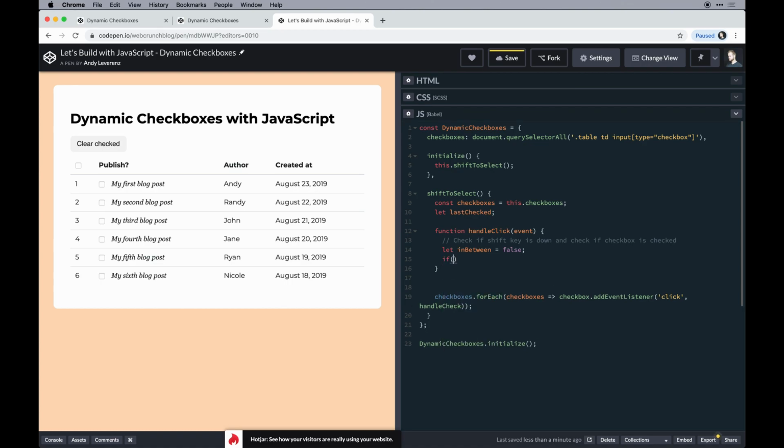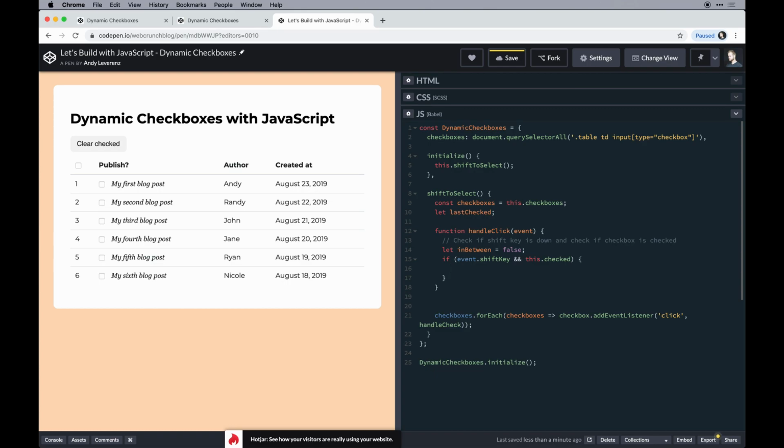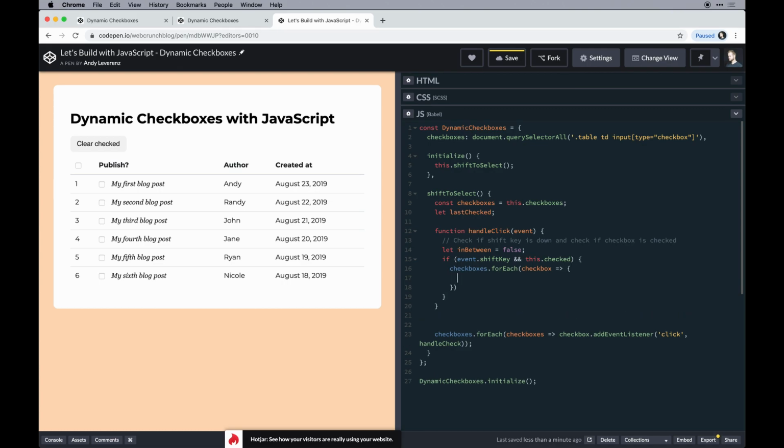We're going to say if event.shiftKey and this.checked, we'll say checkboxes. We're going to loop through them again, forEach checkbox, and we'll do a fat arrow, but we'll open brackets this time. And then we do another if checkbox